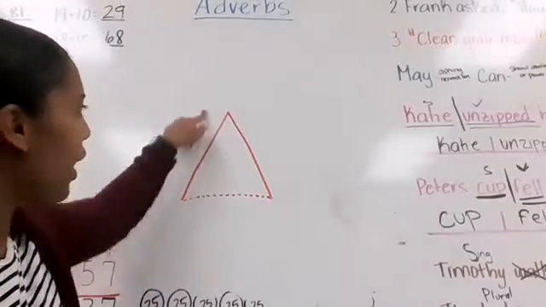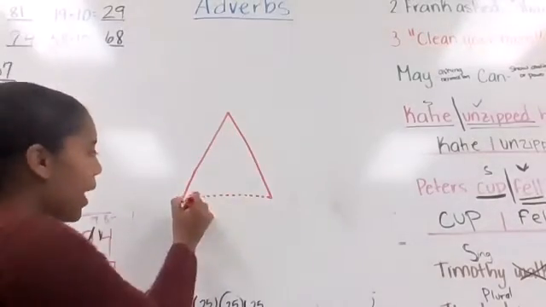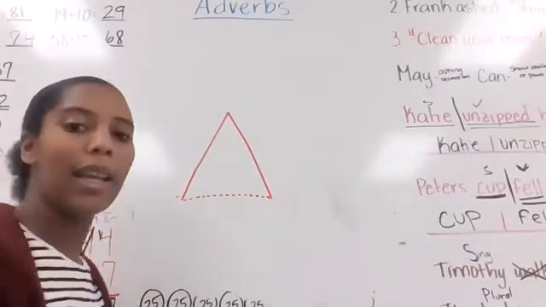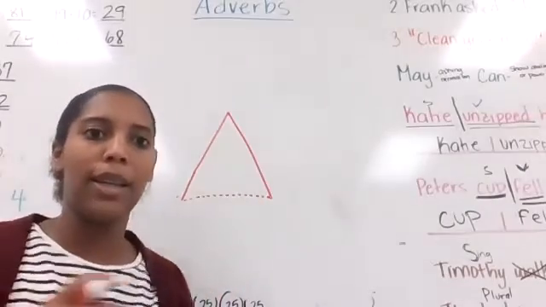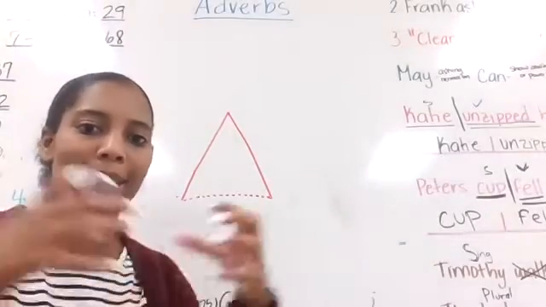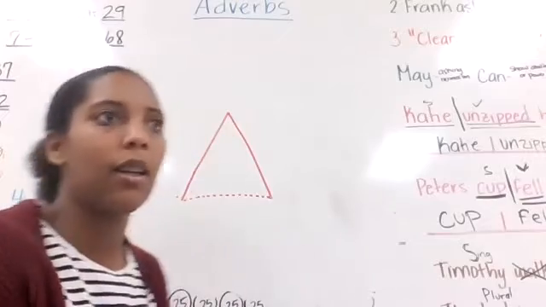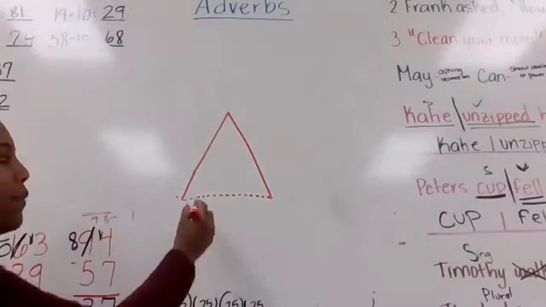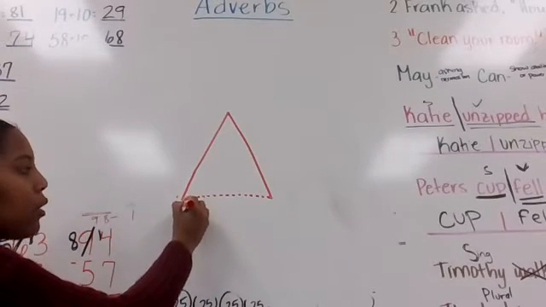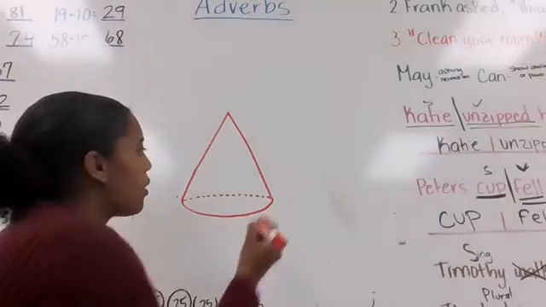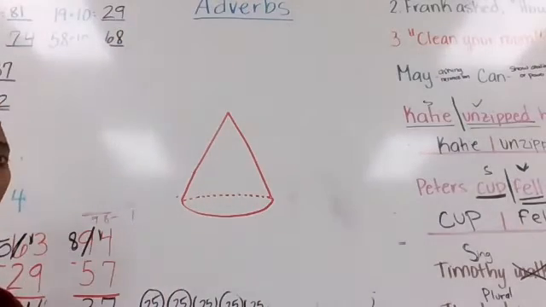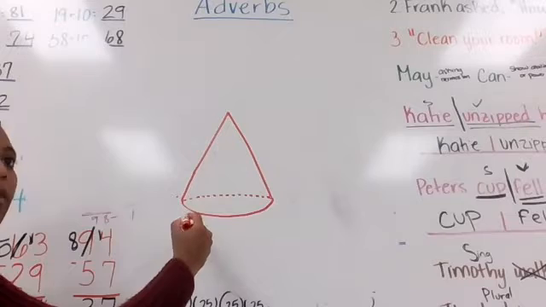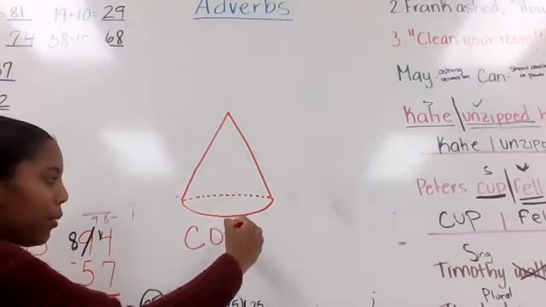So I start with the triangle, and then I do the dots like that. The dots kind of give it the 3D effect. It shows how the shape is not flat, but that it has sides, faces. Okay? So after I do the three dots, then I come and I do a circle like this to finish the cone off. You see? That's how I draw a cone. It looks like an ice cream cone.